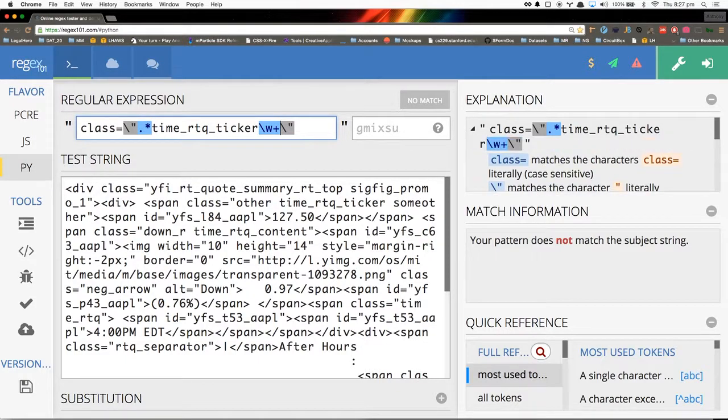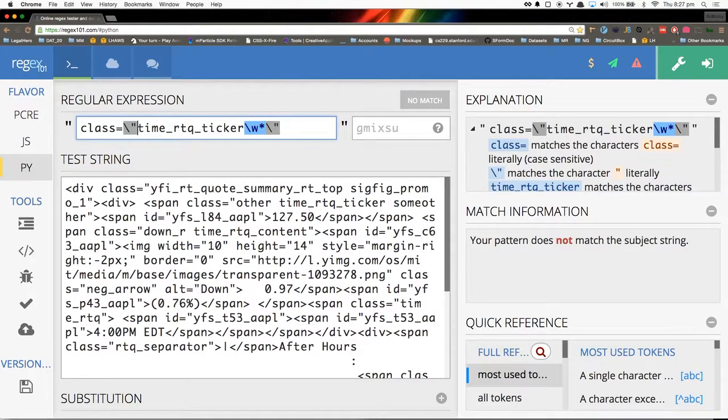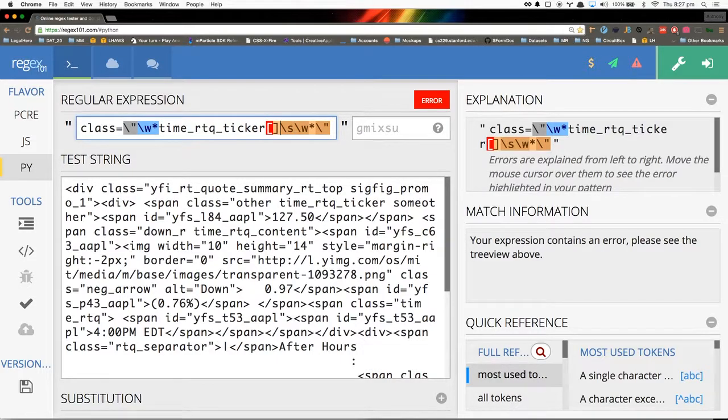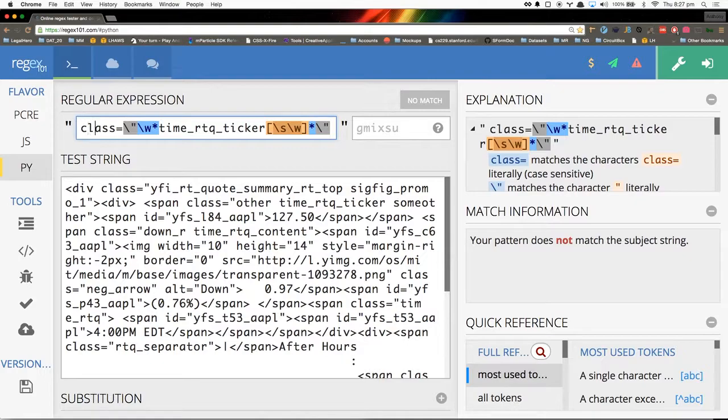In other words, I only want to find characters that are similar to words. But I also need to include spaces. So I can include spaces or words.